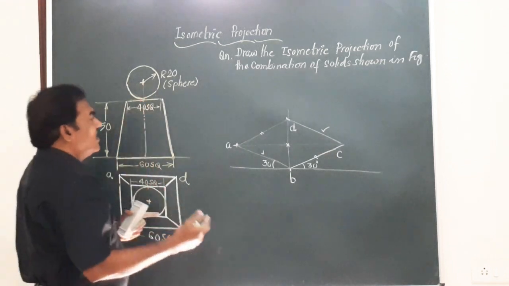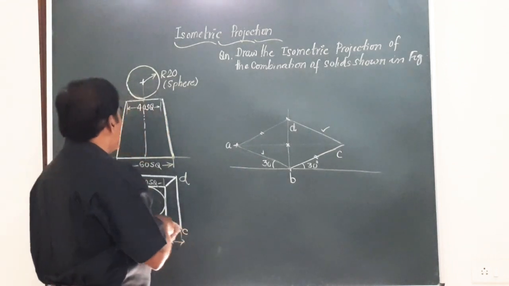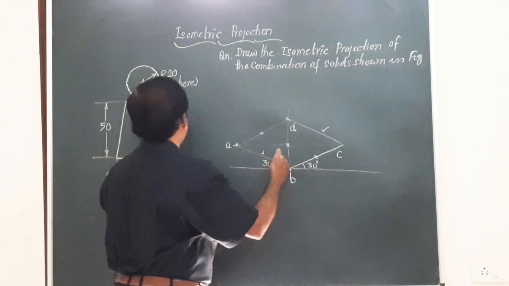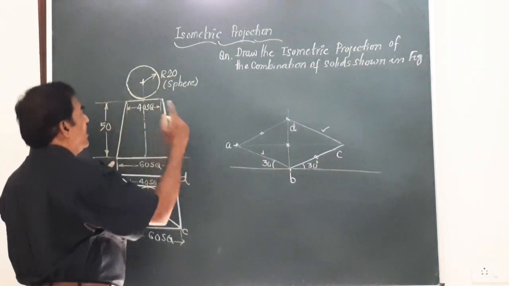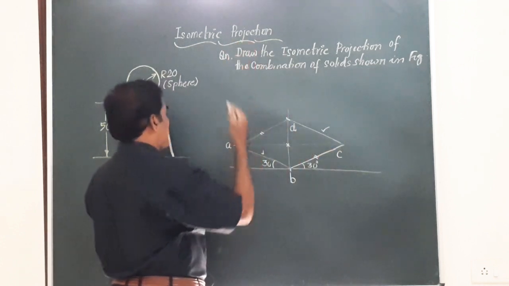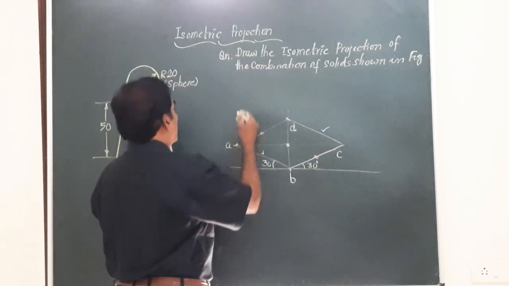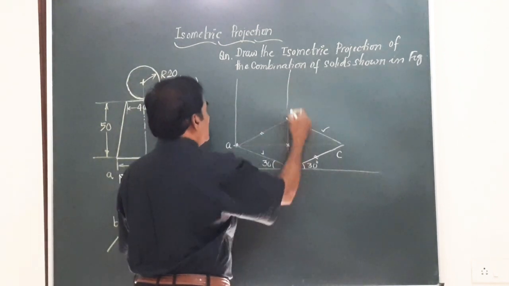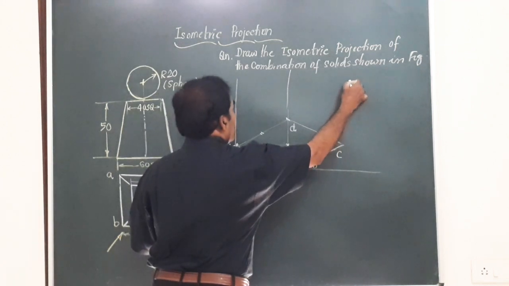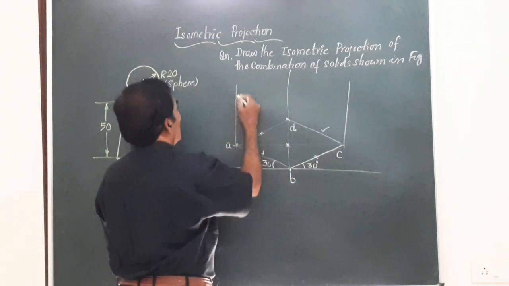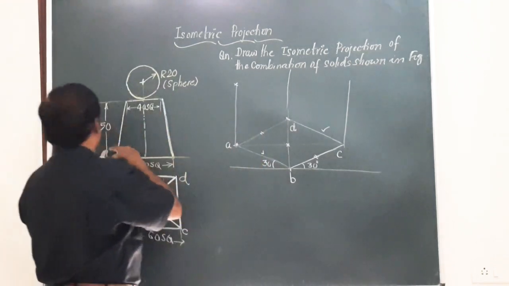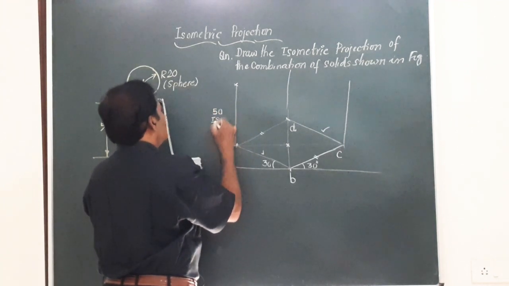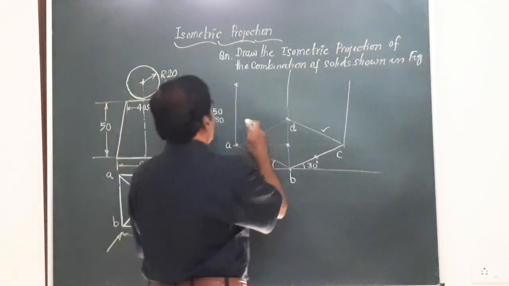Now construct the top face. How to construct that? We are going to draw vertical lines through all these corners, A, B, C and D, of length equal to 50 ISO, to construct one more box ABCD at the top. Let me draw thin vertical lines through all these: one line, second, third, and fourth. All these lines have a length equal to 50 mm. 50 mm ISO means 50 into 0.815, approximately 41 mm. All these will have the same length.